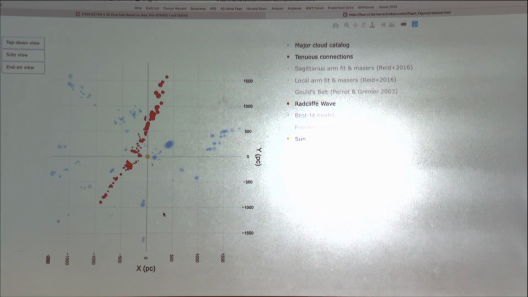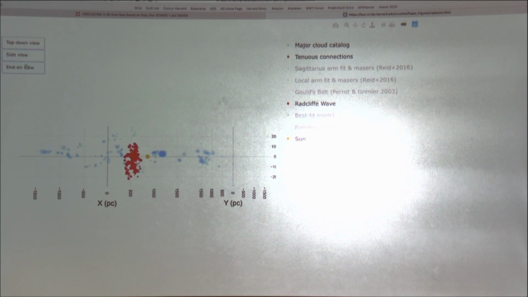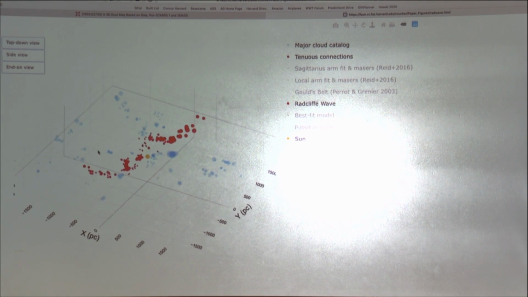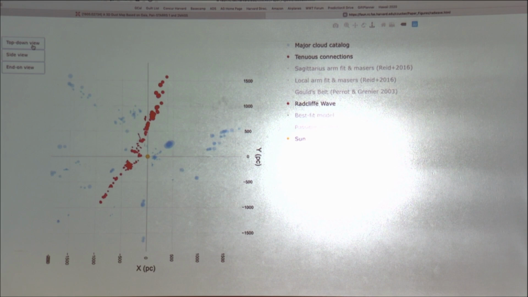So this is the interactive figure that is in the Nature submission. And you can click and see the top-down view, the side view. So these are the figures from the paper that you saw before as stills. And you can manipulate these things so that you can see what's going on. So the coordinate system here is such that X runs... The galactic center is to my right here. And the sun is where the yellow thing is. And this is a straight top-down view of the galaxy in a Cartesian coordinate system.